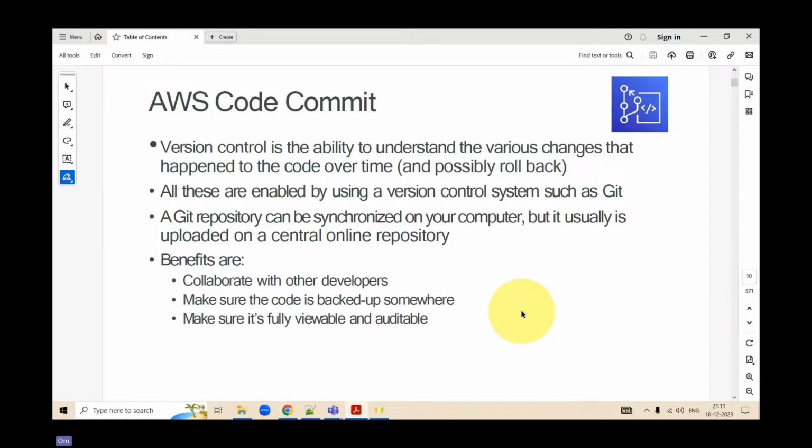Now, what are the benefits? The first benefit is that it lets you collaborate with other developers. All your developers who are working with you can collaborate, because if there are 10 developers, each would be working on a specific code on a specific branch. They would push the code into their branches and then merge it with the master.